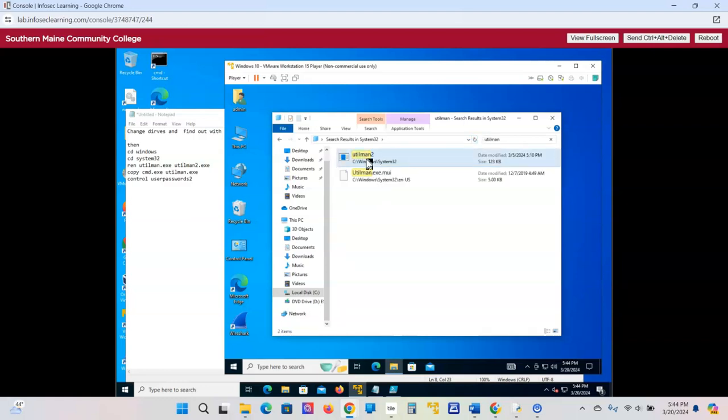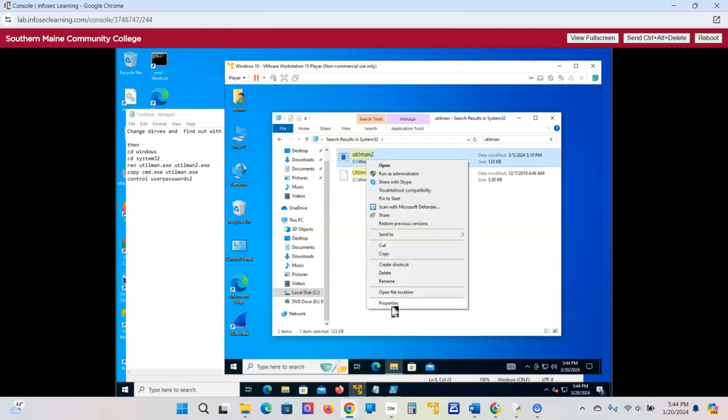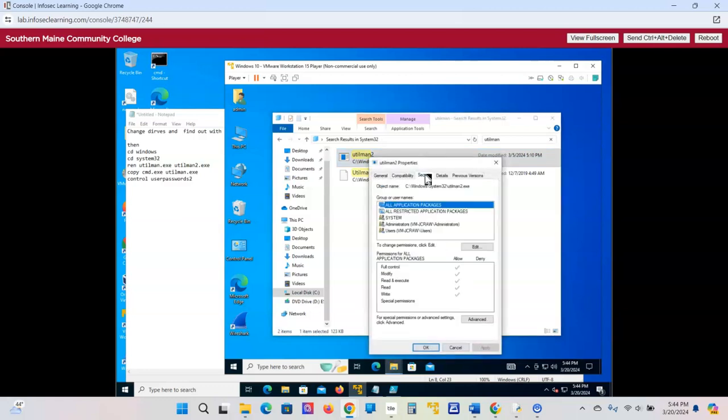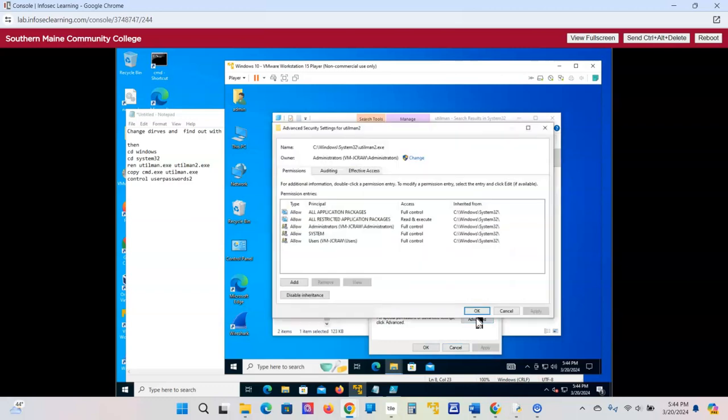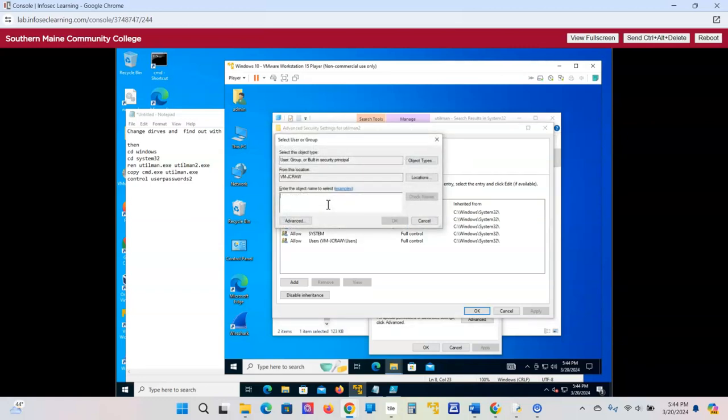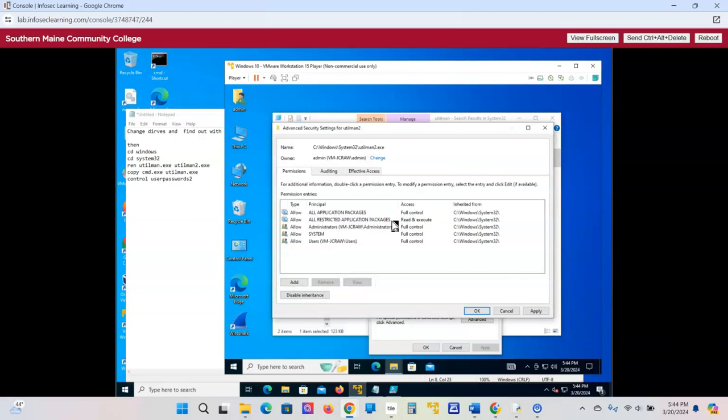Now, I've given myself the appropriate permissions, but if you hadn't, what you'd have to do is come to this file, go to Properties, Security, Advanced. This would say Trusted Installer. You'd want to change it. Up here, you'd want to go Admin, or whatever the username is that you would be using. Search, or check names, I apologize. Bring that up, press OK. From there, you'd be able to see that person on there,